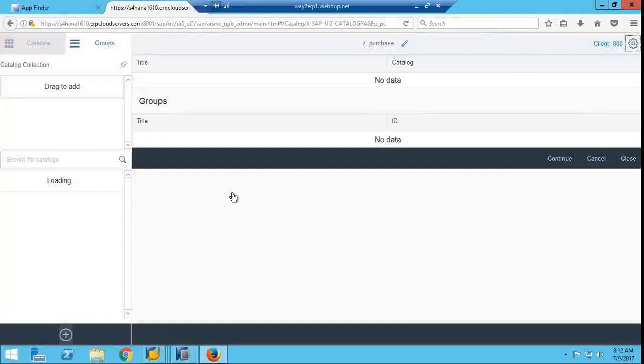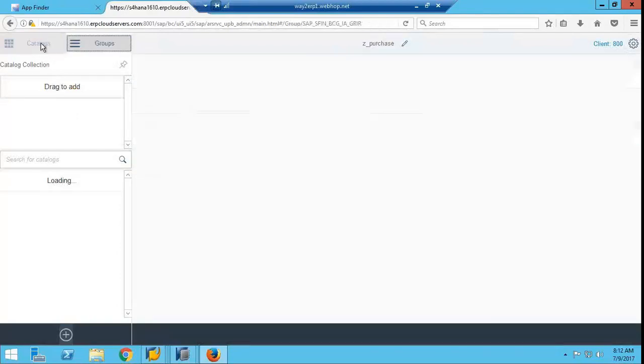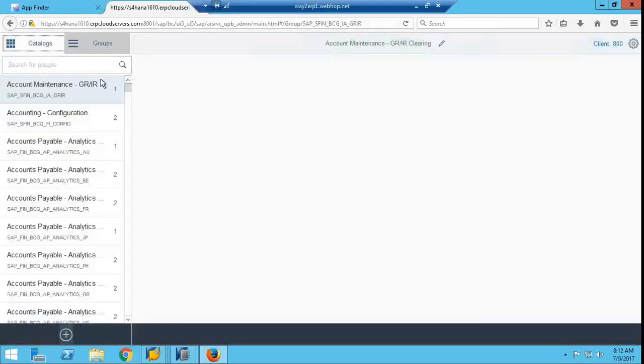As I told, there are two concepts, catalog and group. You can create a catalog and you can create a group. So these are all the groups available.